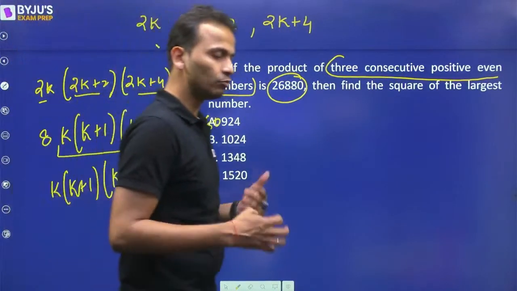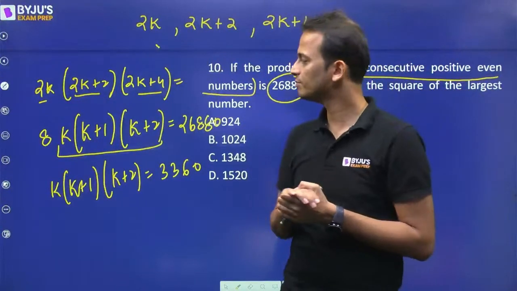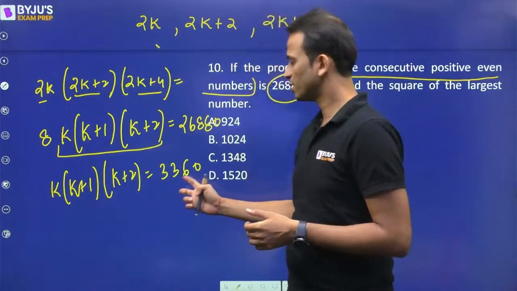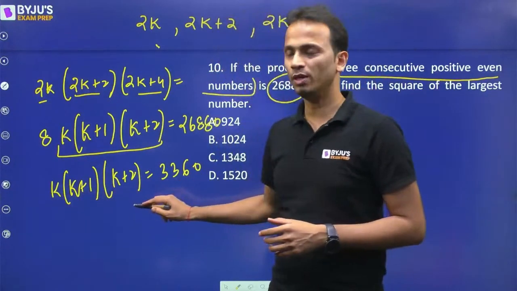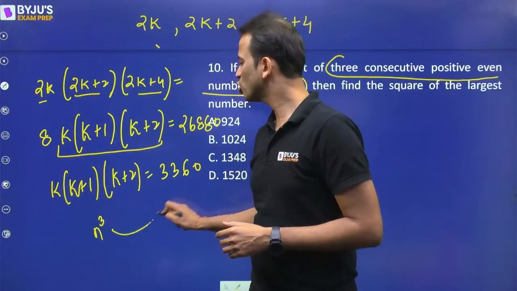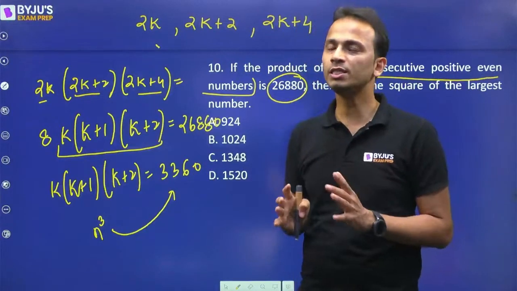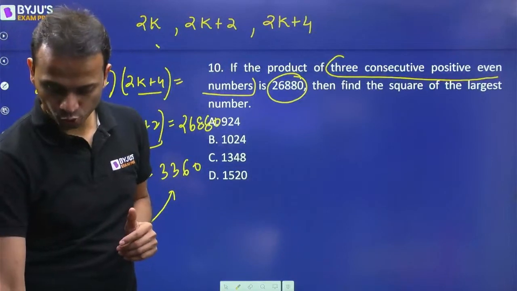So now I have to find out these 3 consecutive numbers. अब थोड़ा सा hit and trial करना चाहिए हमें. Okay. Now these are 3 consecutive numbers. Their product is 3360. Now if all 3 of them are equal, so एक किसी number का cube हो जाता, n cube, and the cube of that number will be somewhere near to this. So 3360 के आसपास, can you tell me a perfect cube?